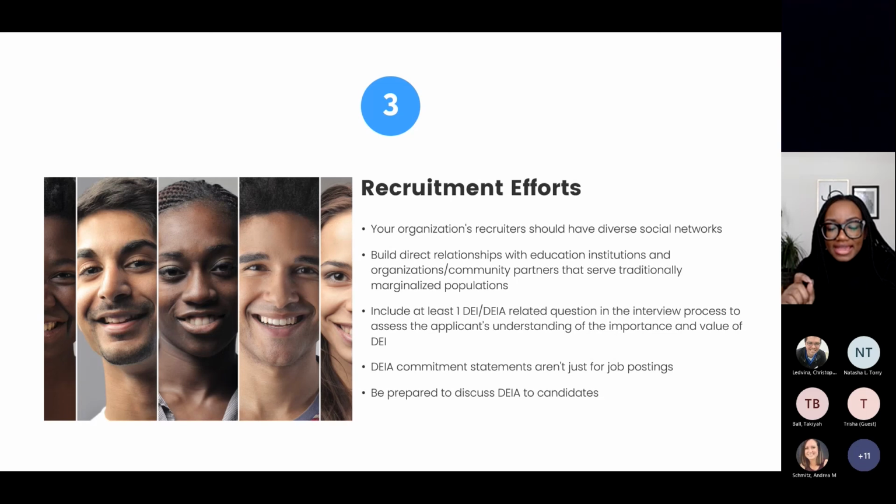A way that I suggest for people to build their social networks to be in a more diverse space is to attend webinars and conferences that are about diversity, equity, and inclusion. So there are tons of webinars that are available. And, in the chat, share your LinkedIn. If you have a LinkedIn account, share your LinkedIn, share your email,